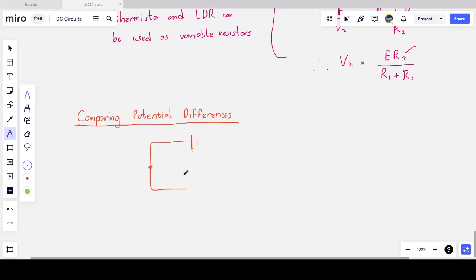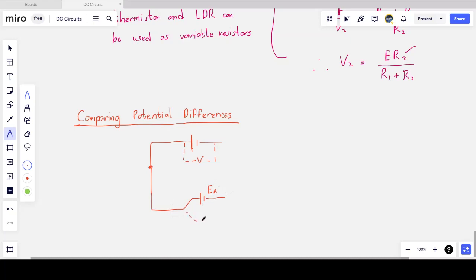And so I have a circuit here where I actually have a power supply, which we're going to label as V. So that power supply has EMF V across the cell, and then lower in the circuit, I actually have two more cells. The first cell I'll call A, and guess what? It has an EMF EA